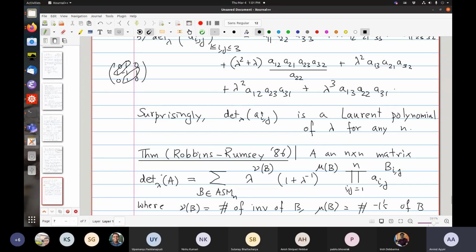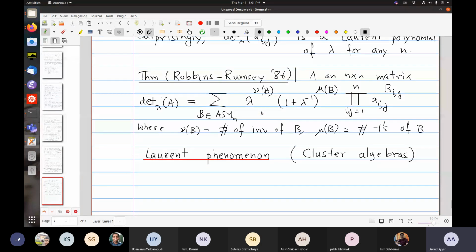Another thing I wanted to say: if lambda is minus 1, the only terms that contribute have b equal to 0, have mu of B equal to 0. And therefore you get permutation matrices, and this expansion is actually the same Leibniz expansion, because you get a_{i,sigma(j)}, if you just think about it.